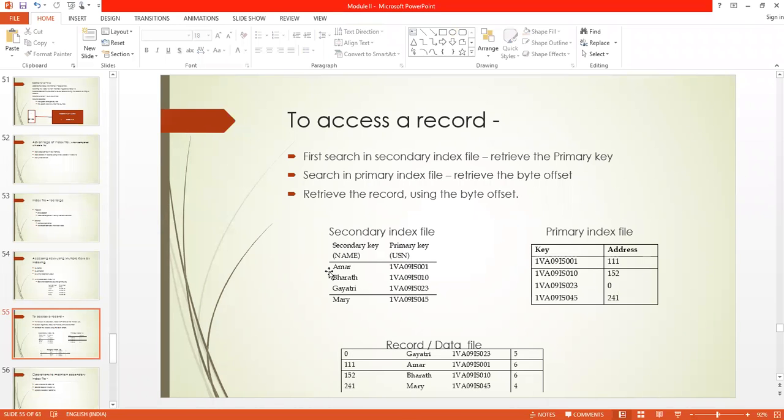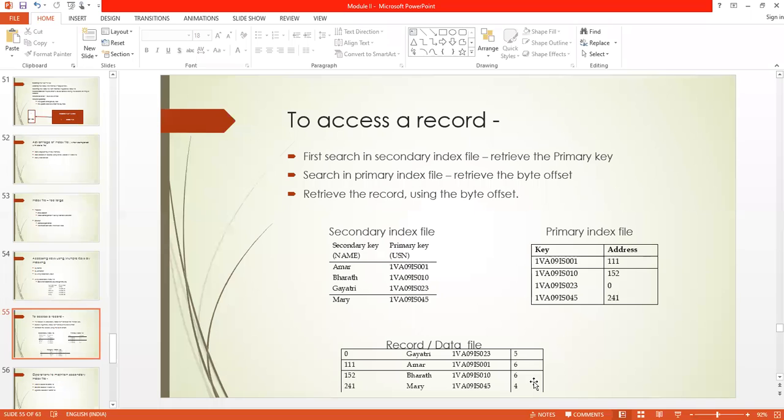Now, there is the secondary index file. For a particular record file, there can be many secondary index files, not only one, because for this record there can be many secondary keys. Name is a secondary key, semester is a secondary key. Why do we call it a secondary key?